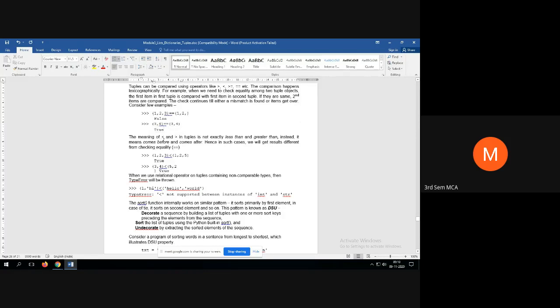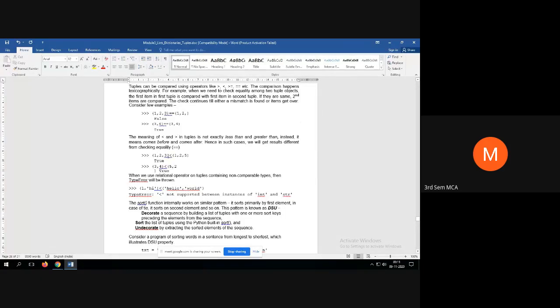And the meaning of less than and greater than in tuples is not exactly less than and greater than. Instead, it means comes before and comes after. Hence, in such cases, we'll get results different from checking equality.